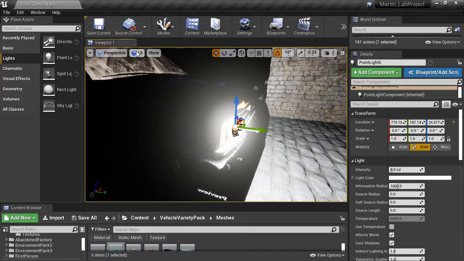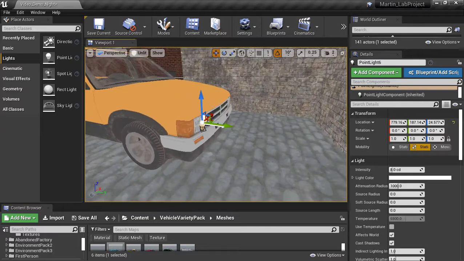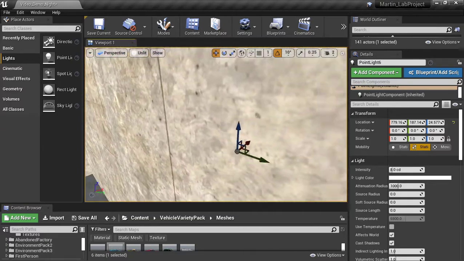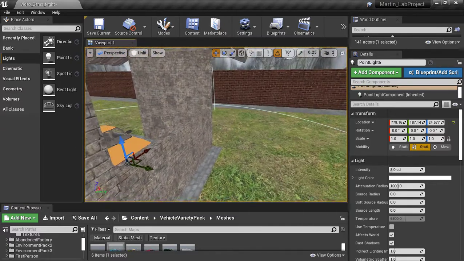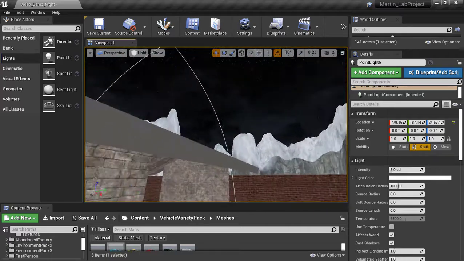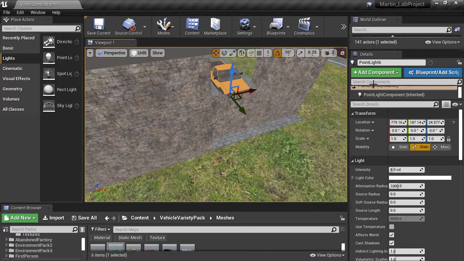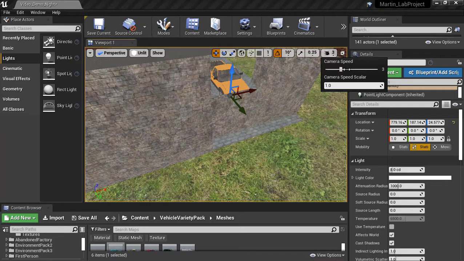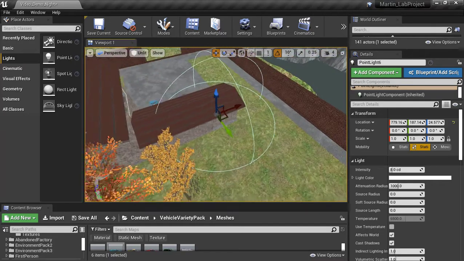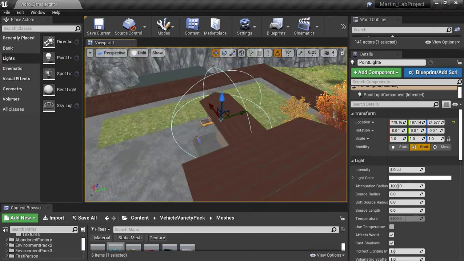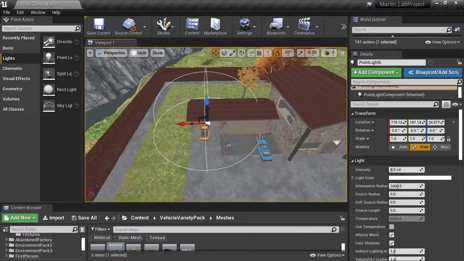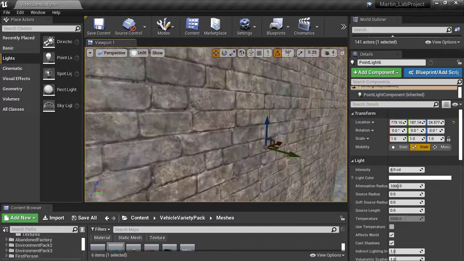Let's go from lit to unlit, and let's zoom out a bit because this thing actually is affecting a pretty large radius. You can see that big wire dome. That's actually the light itself. So let's go out to about a 4. Okay, so that's too much area for that thing to be affecting. All right, we need to